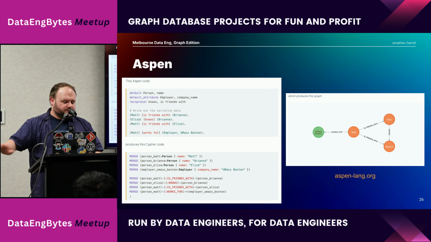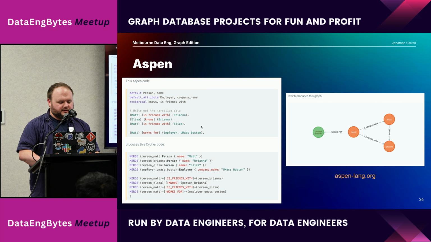Going completely away from AI, you could also just hard code everything. So there's a language called Aspen, where if you create a code block within your notes with this format, you don't really write cipher, it can write the cipher for you. And to be honest, looking at that, I think I'd rather just write out the cipher if I was going to do that. But it also means having a code block at the top of each note that says, these are all of the connections that I want to do there. That's certainly one way you can do it, but I feel like it's a bit much work to explicitly say, now I'm going to build my notes separately. If I was going to do that, I probably just wouldn't do it in my notes.